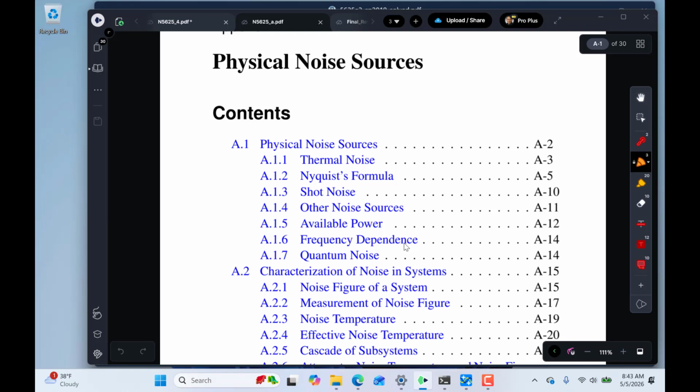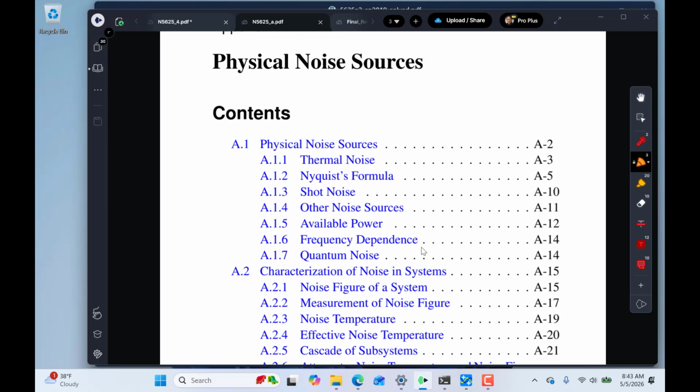So now we're going to go into physical noise sources, and I'm going to try to make this go pretty fast. It's not very difficult. It's actually a lot of fun, because it's not very hard. The only thing that'll be challenging is, do you want to work with ratios or do you want to work with decibels? So that's how you can go wrong on an exam question, and I'm going to try to